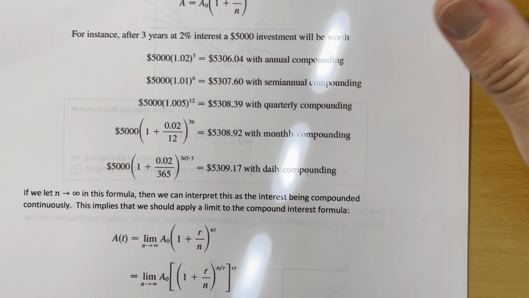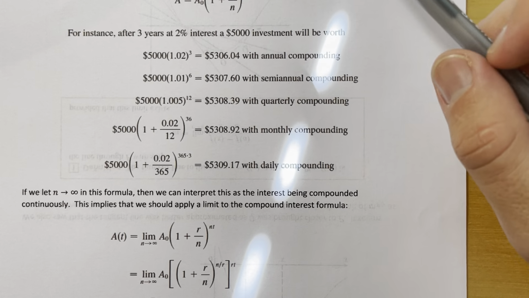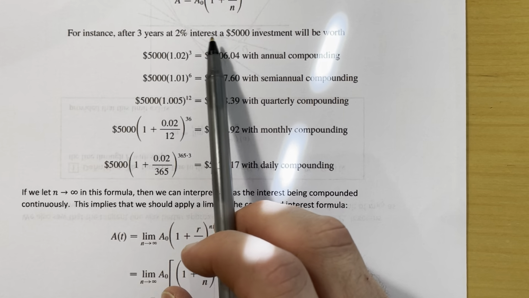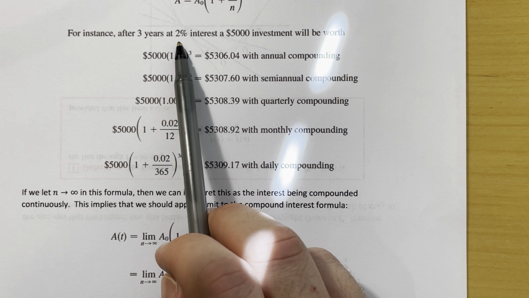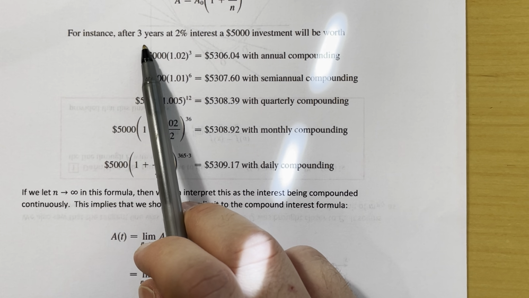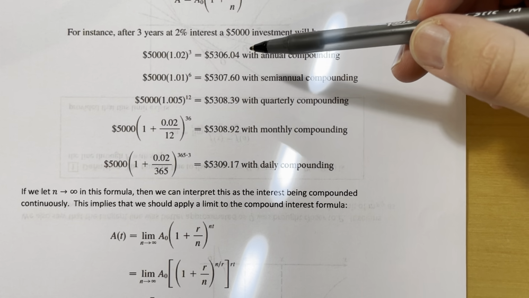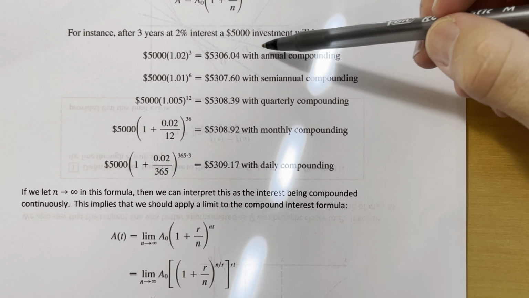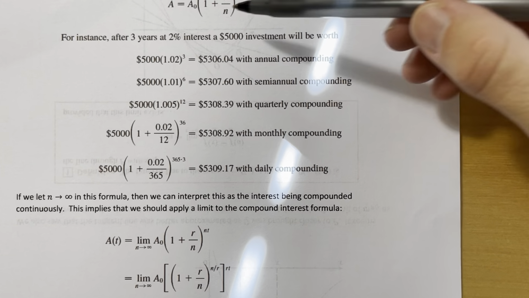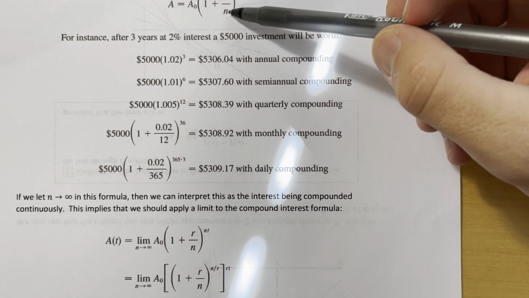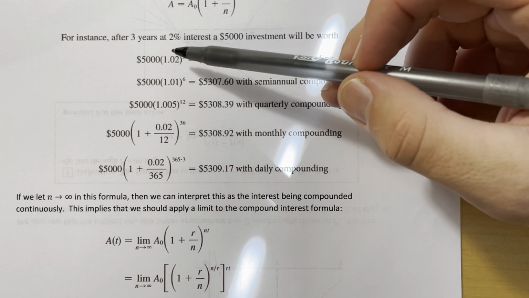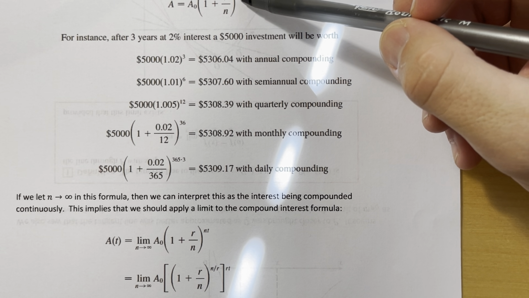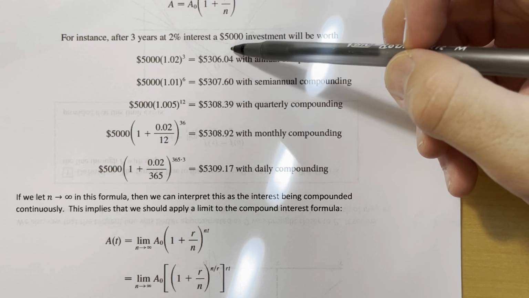So this example I copied and pasted from your book just so you can kind of see how this works. If you have $5,000 invested in an account that has a 2% interest rate and you let it sit there for 3 years, the amount that you'll end up with in your account varies depending on how frequently that interest is compounded. Annual compounding means you accumulate all of that interest at the end of the year. So you're dividing by 1. 1 plus 0.02 is 1.02. N times 3, N is equal to 1 again, so 1 times 3 gives me 3, and I get this amount,